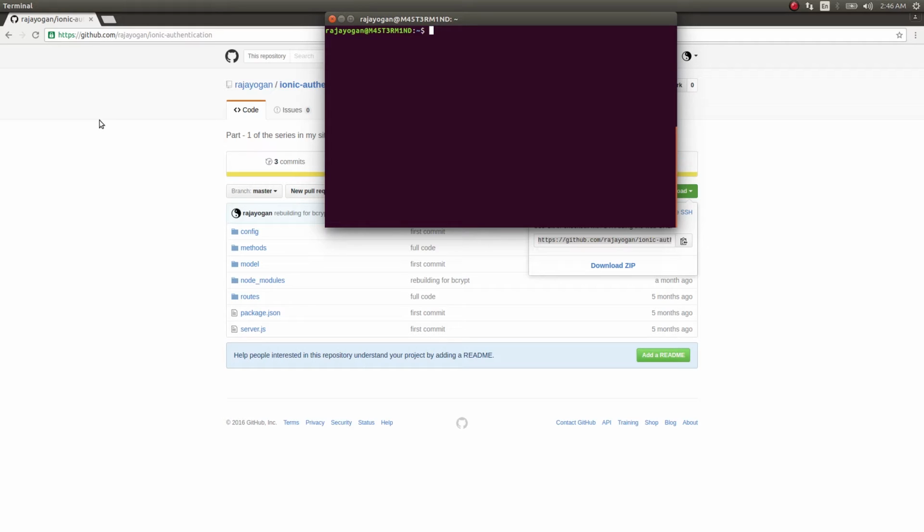It's a popular method. So let's see how to create our own Node.js server, and then make use of certain modules, and then build up an OAuth 2 authorization system for our routes that we create using Express. So let's get started, guys. First, I'll clone my previous authentication repo from here, and then we'll continue from that.